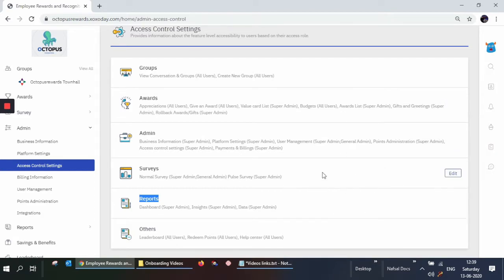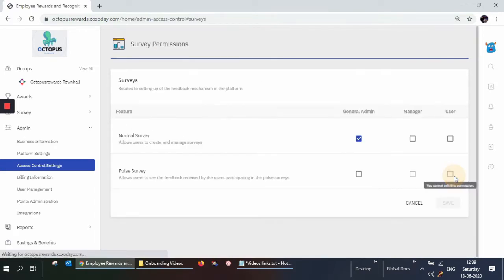Let's say you wish to click on surveys. I'll cover surveys later, but let's click on surveys here, and then normal survey. If you want a general admin or a manager to create surveys, you could choose that relevant checkbox. Pulse surveys, I'll talk about them later, but if you want to delegate creating or running those surveys to a general admin, you could choose that option here.